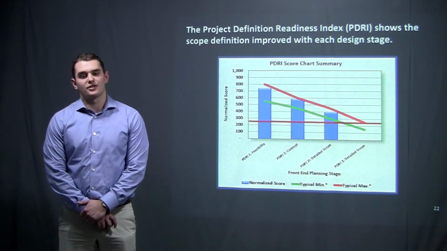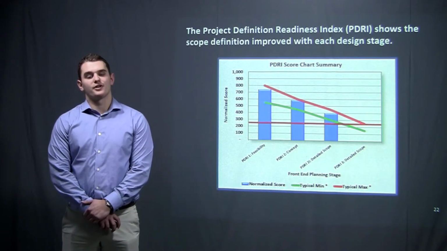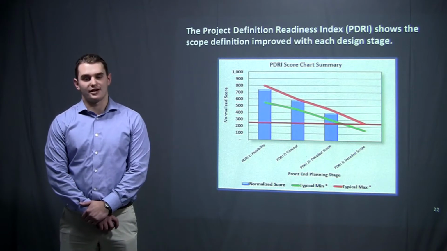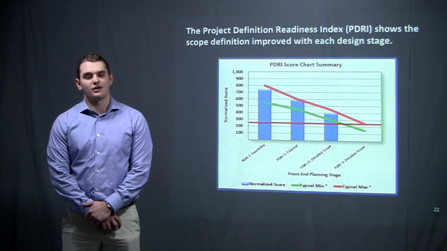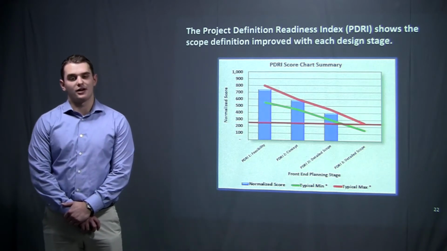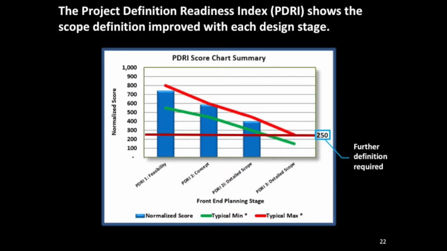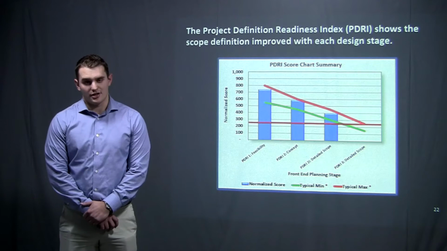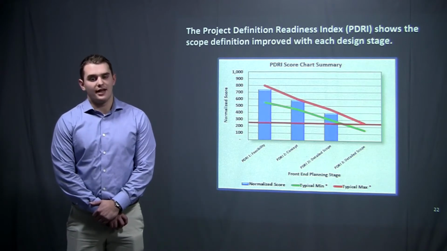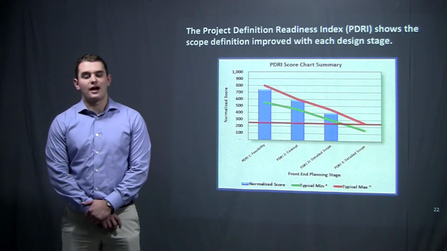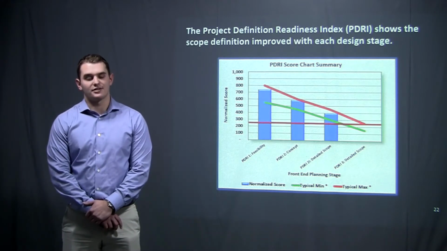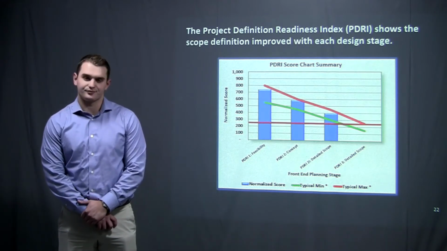So these results would suggest that more time for developing a scope would be necessary. The reason that our scope is still undefined is that there are a number of items in the PDRI criteria that are not within the scope of our project. For example, detailed drawings for construction, electrical and wiring drawings, any permits, and most things related to construction and the